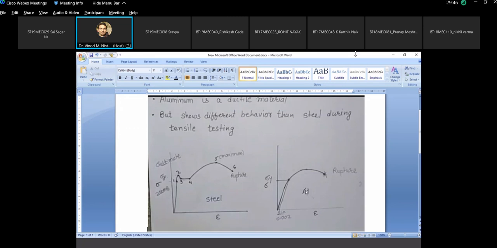ठीक है, यही है एल्यूमिनियम का स्ट्रेस स्ट्रेन कर्व. ठीक है ना, इसमें कोई प्रॉब्लम है? ये सब तो आई थिंक तुम लोग ने पढ़ा होगा ना स्ट्रेंथ ऑफ मटेरियल्स में. In your strength of materials, you might have studied all these graphs, na? For brittle material also, for different types of materials. पढ़ा है कि नहीं? Okay.